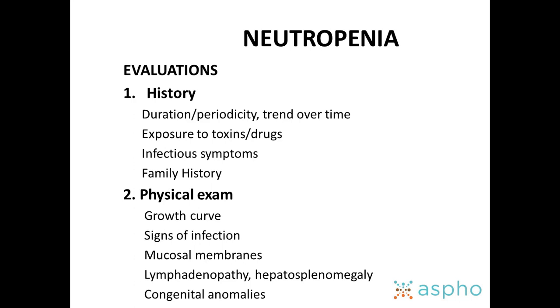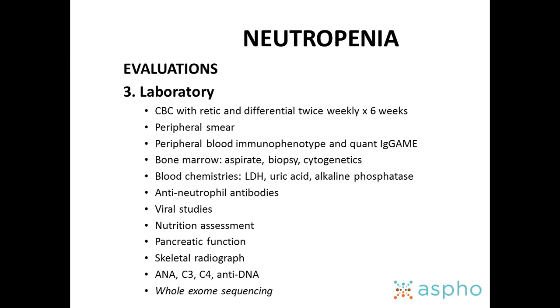So I think like any patient that any physician takes care of, you want to figure out what they've been exposed to. What are their symptoms? How long have they had problems? Are there any associated infectious symptoms? Is this something that happens in the family? Has the uncle had sort of boils forever and they forgot to tell you about it? So some directed family history. And then physical exam. Is there something that suggests something syndromic? Specifically asking about mucous membranes, lymphadenopathy, et cetera. And then the lab is sort of an exhaustive workup to say, do you have cancer? Do you have autoimmune disease? Do you have some inherited syndrome that we haven't quite sorted out yet?